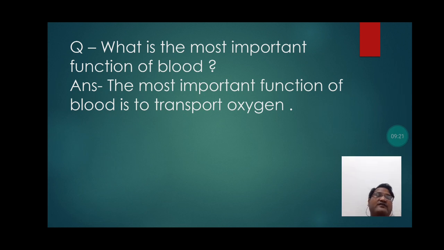Oxygen is utilized during the process of respiration, and respiration is the process in which breaking down of food takes place in the presence of oxygen, so that energy can be released in the form of